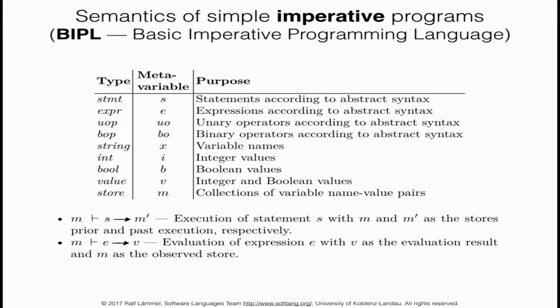Okay, let's also look at a more complex example. Let's look at the semantics of simple imperative programs. So in the Softlang book, we call the corresponding language BIPL, basic imperative programming language. And here are all the